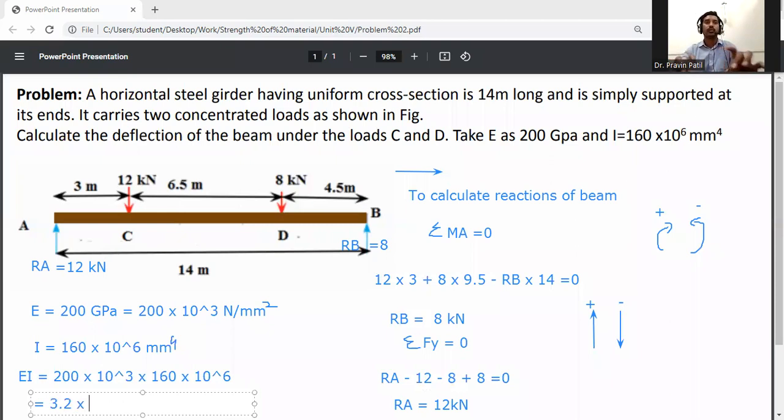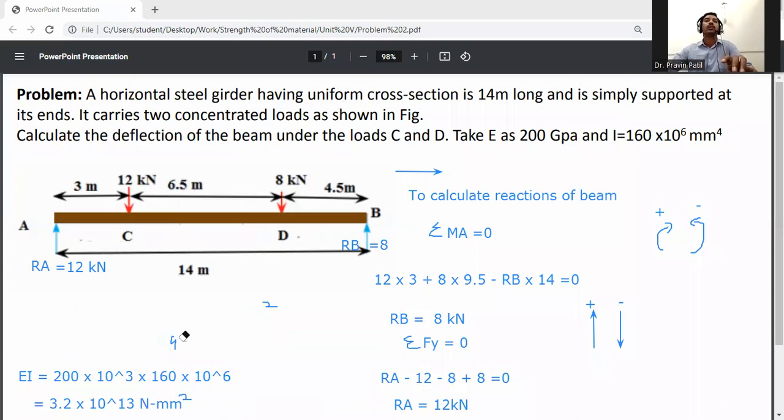3.2 into 10 raised to the power 13. The unit is Newton mm square. So we need to convert all these values into kilonewton meter square. So convert this Newton mm square to kilonewton meter square. So EI is equal to